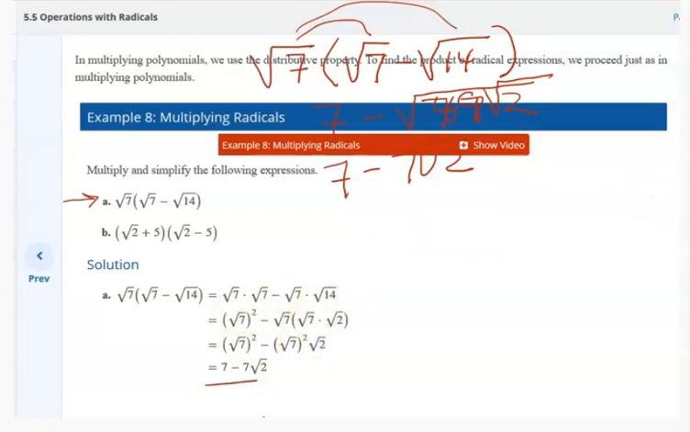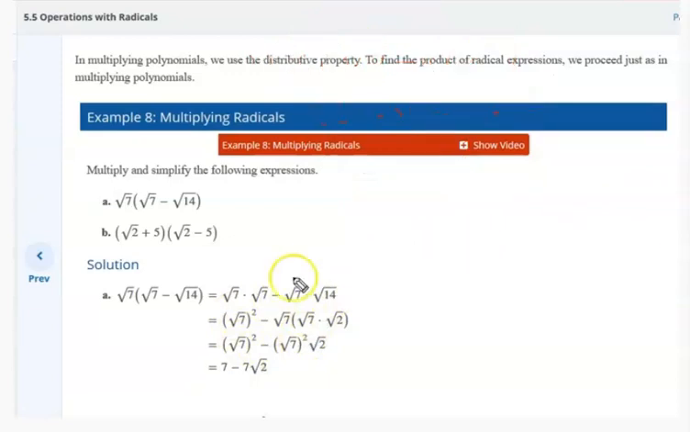All right, now let's do example B for your notes. And I'll write it up here. We're going to FOIL here. Square root of 2 plus 5 times the square root of 2 minus 5. Now, these are what they call radical conjugates. So going to our whiteboard,